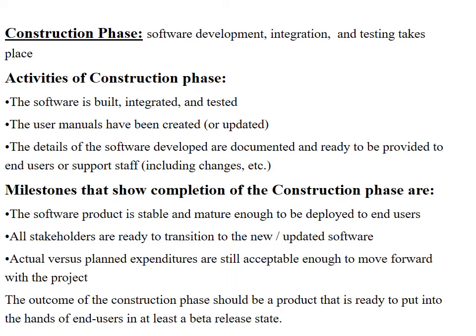The longest and largest phase within unified process is the construction phase. During this phase, the design of the system is finalized and refined, and the system is built using the basis created during the elaboration phase. The construction phase is divided into multiple iterations, each resulting in an executable release of the system. The final release of the construction phase is the completed system, which is to be deployed during the transition phase.